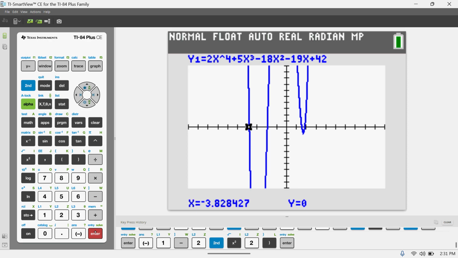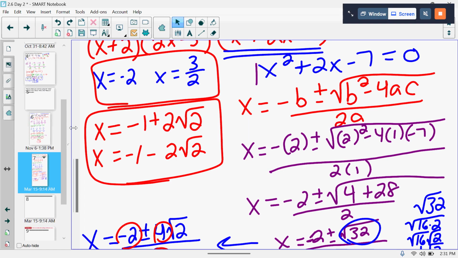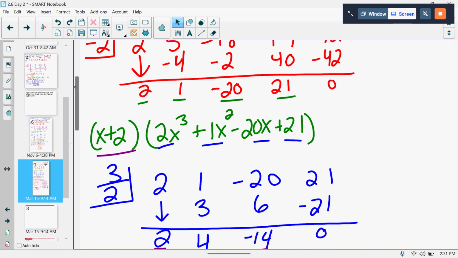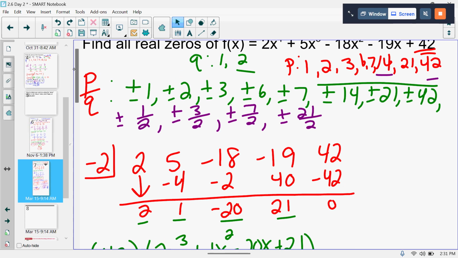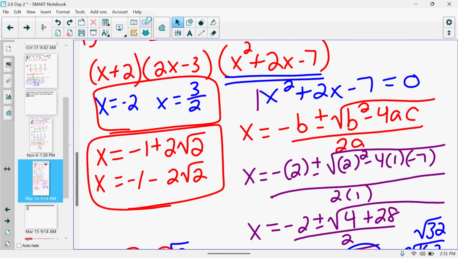So whenever some of the zeros are irrational, you're probably going to have to do the quadratic formula in the end to finish it. If none of the things from your P over Q list work, it's because the final answers aren't rational. They're irrational, okay? So those are our 4 zeros for